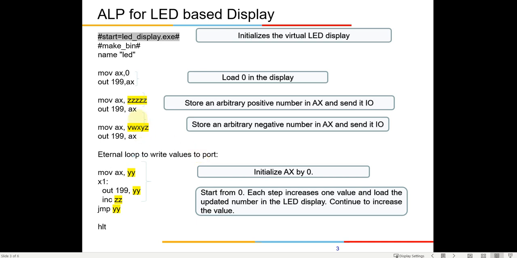So in the AX register, what you need to do is you just have to call for that, and first, initially, you have to initialize the LED display. So you have this command out here, and then you first move 0 into the AX register, so that the display is 0 0. Then subsequently you can put any value into AX, and then you can move it out to port 199, and you can check whether the same is being displayed or not.